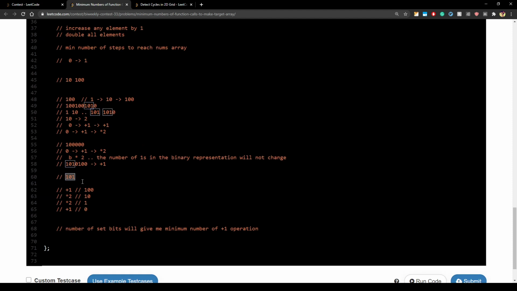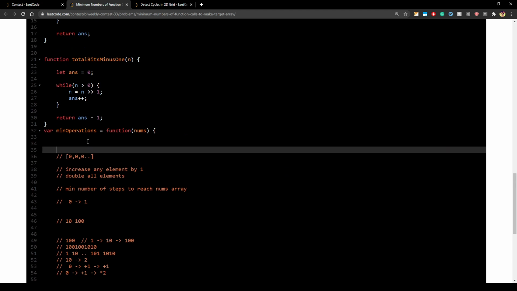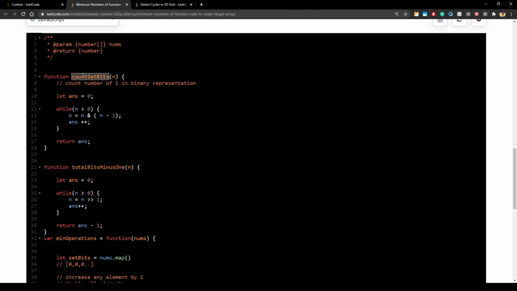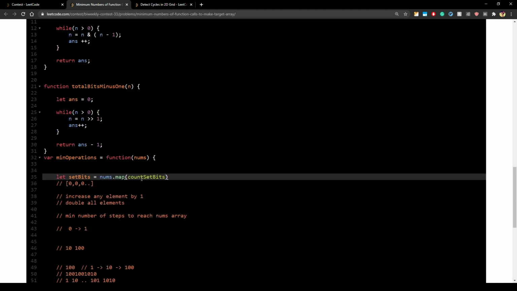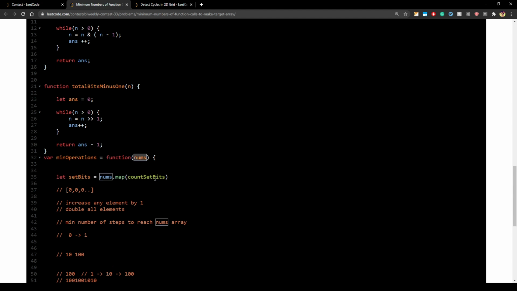We count how many ones there are, and we count how many total bits there are, right? But we have to do it for all the numbers, right? So what we do is, first we do let set bits. So this will be nums.map, and this will be this count set bits. What this will do is give me an array which will be similar in length to nums, but for every integer in nums it will actually contain...